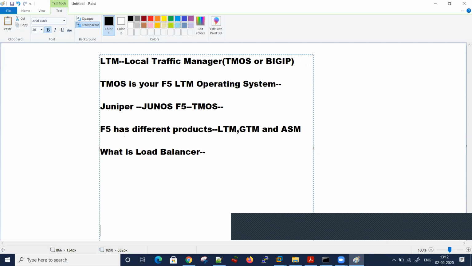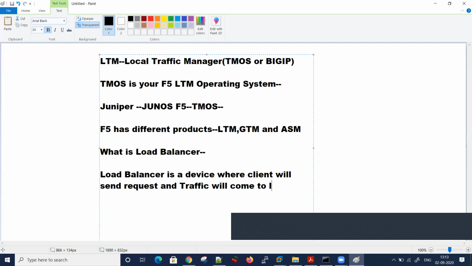If I talk about a load balancer, it is a device where the client will send a request and the traffic will come to the load balancer, and it will distribute it to different application servers.